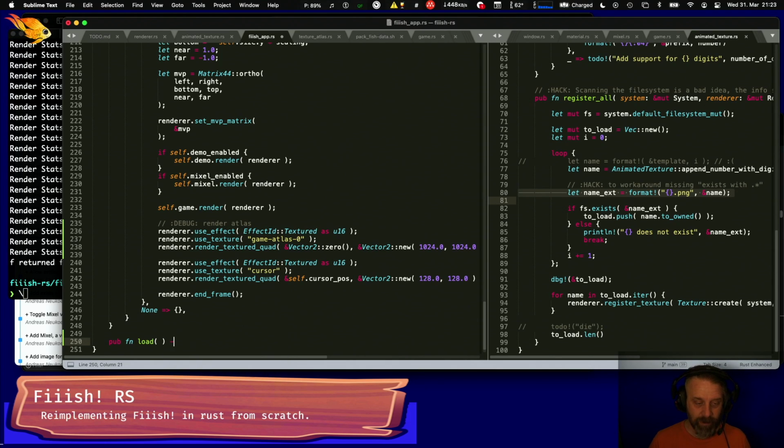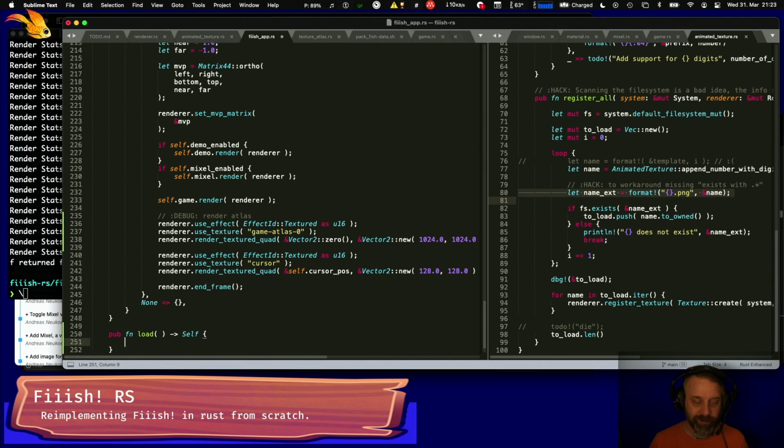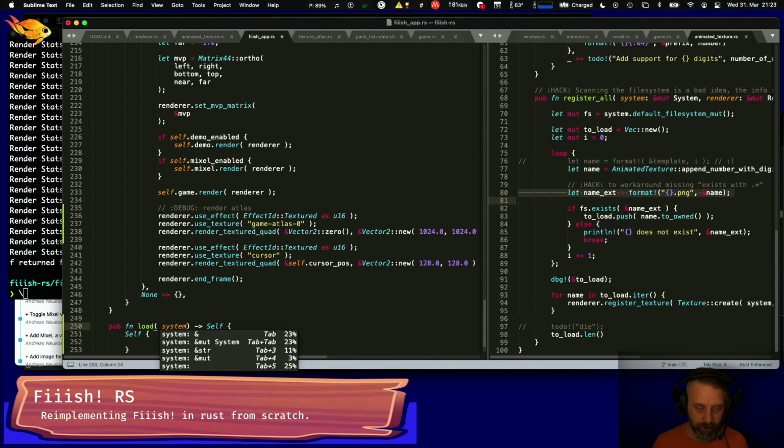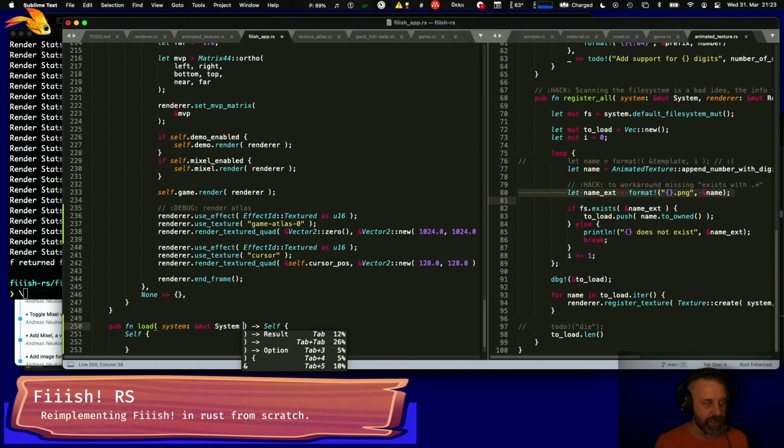So this will return a self. So this will need a mutable system, right? Because we will do file loading. And this is just